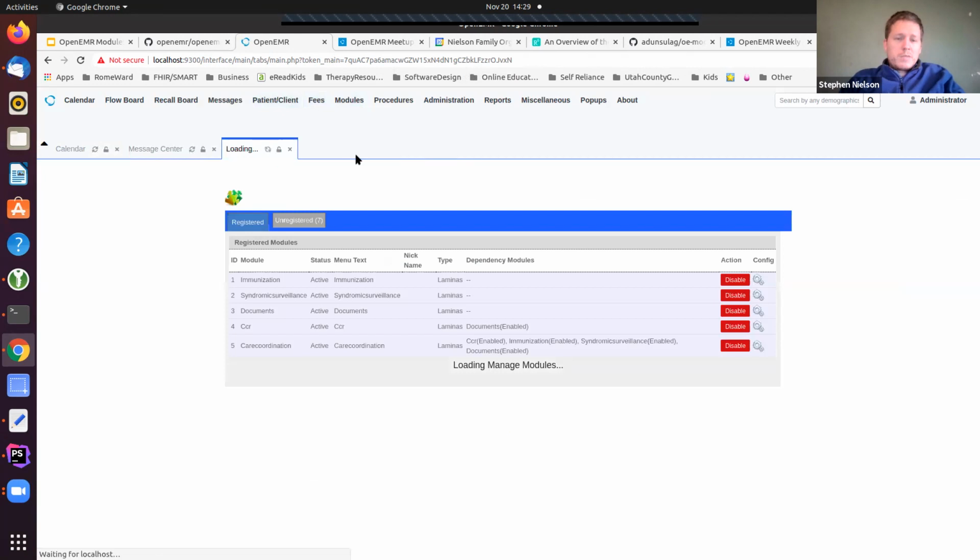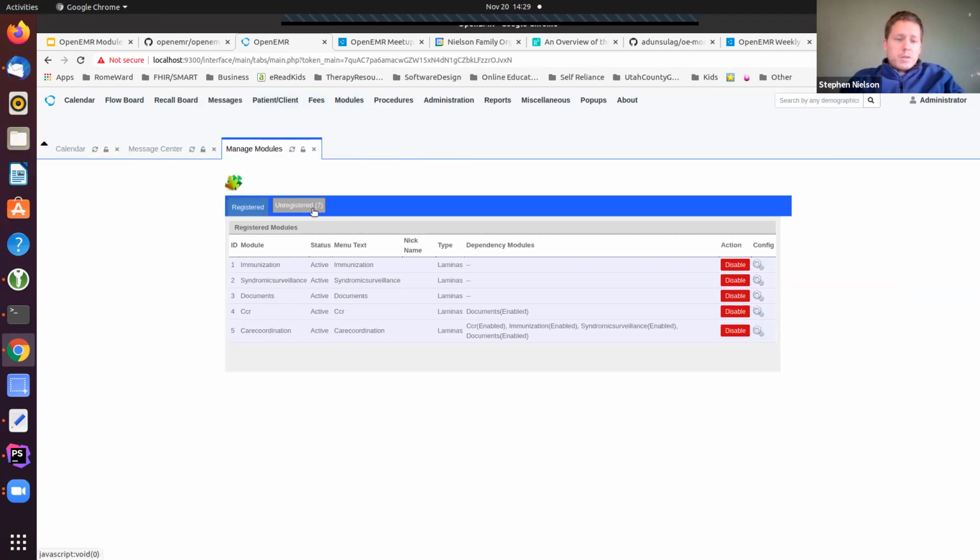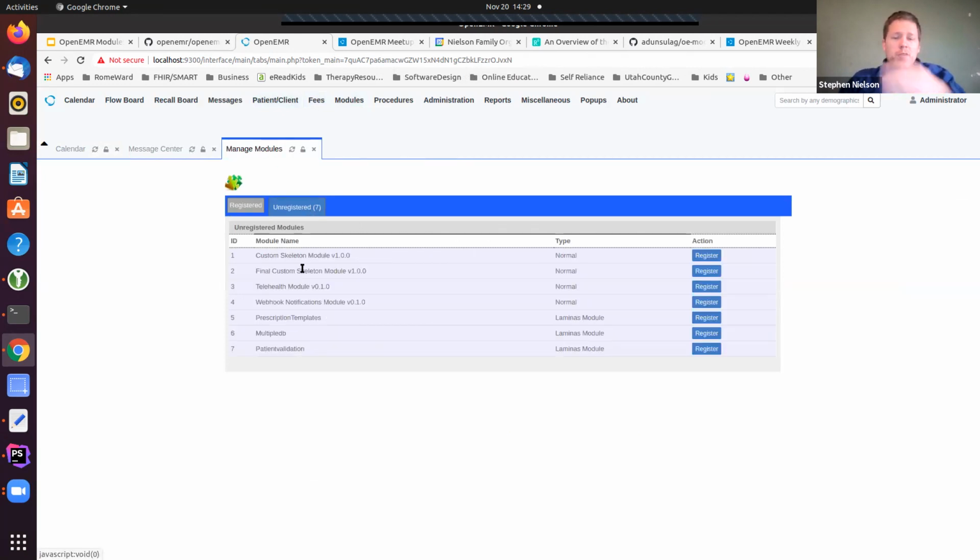If we come here to our manage modules, and I look over here on this unregistered tab, these are all the modules that are not installed or even registered with the system. And this name is coming from that info.txt file. Whatever is in that file is what's going to be displayed here. If you don't have an info.txt file, it's just going to use the directory name of the module.